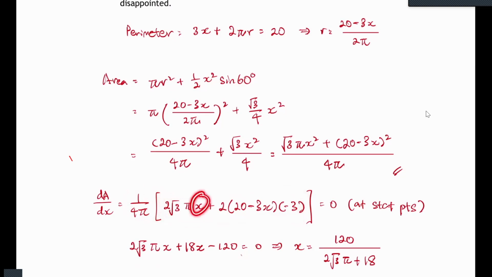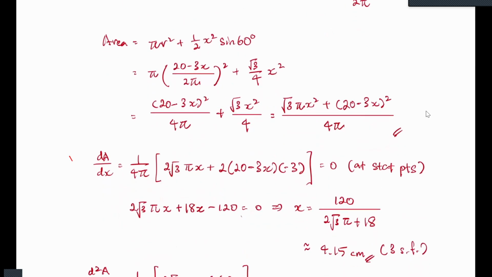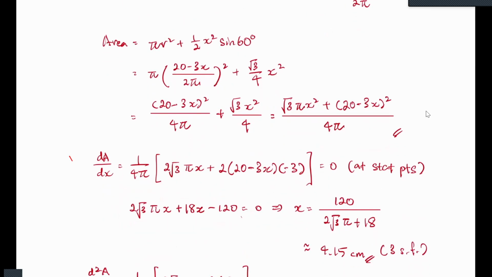I differentiate the x squared, I'll just get the 2 on the outside. Then for 20 minus 3x squared, whole thing squared, we do power rule first. Then we apply chain rule on the term that is inside. So we get negative 3. Then we equate this to 0. As mentioned, the denominator we can just divide across both sides. So we can remove it and we'll have this part. This part we just need to solve for x. Make x the subject. Here there are two instances of x. We can factorize the x, then we'll divide over. This part just press calculator to get the final answer.